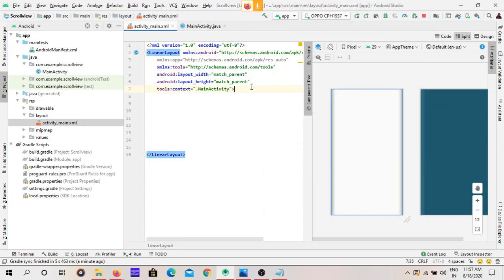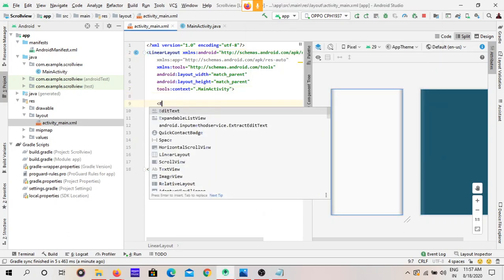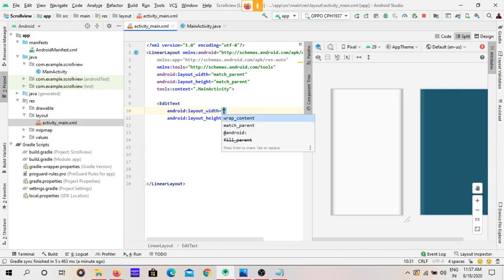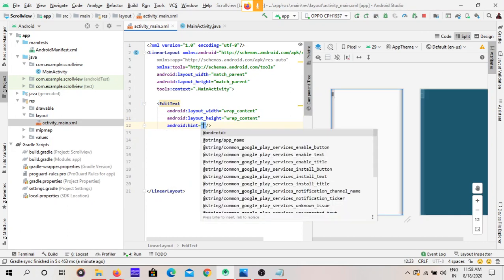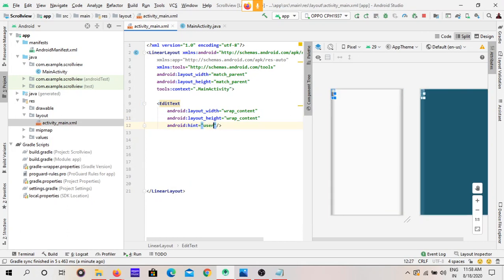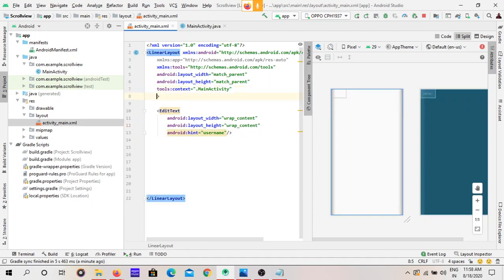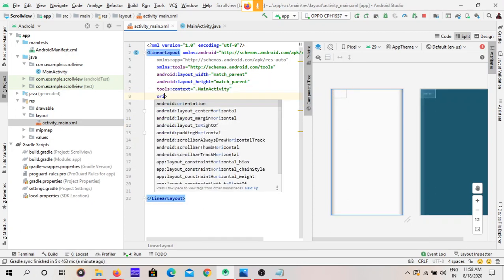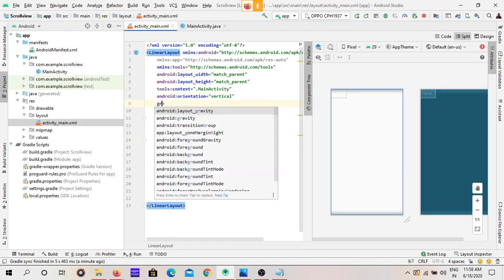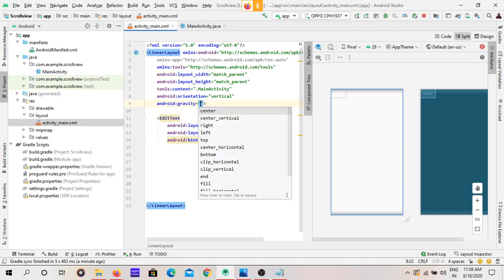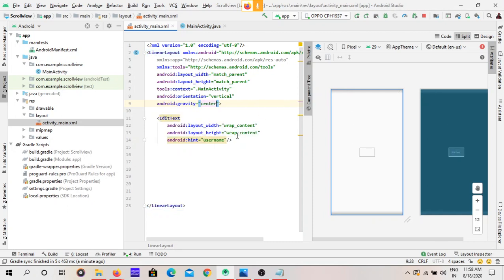So create one edit text, wrap content. The hint is username. Give the hint as username, and here give the orientation for the linear layout. Don't forget, vertical and gravity. Hint is username.